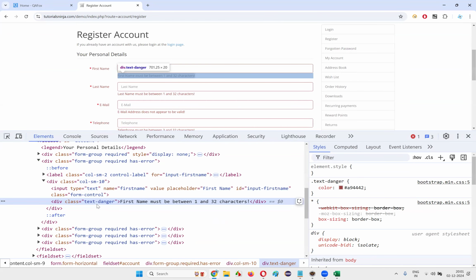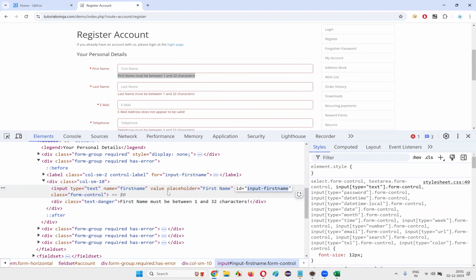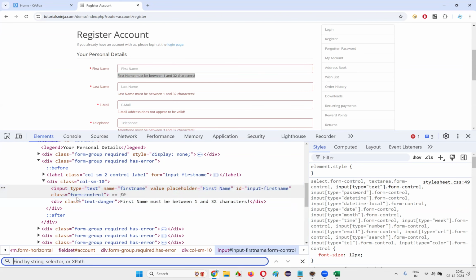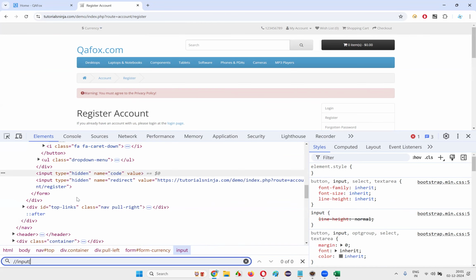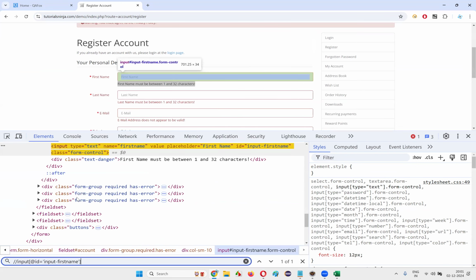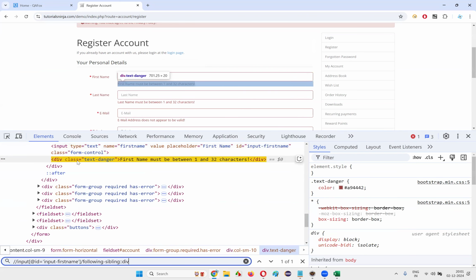Inspect this, and here, so how to retrieve this warning message? For that to happen, I'll take this ID of the preceding sibling, that is input first name: /input[@id='input-firstname']/following-sibling::div. Okay, this will locate the warning message. Copy this